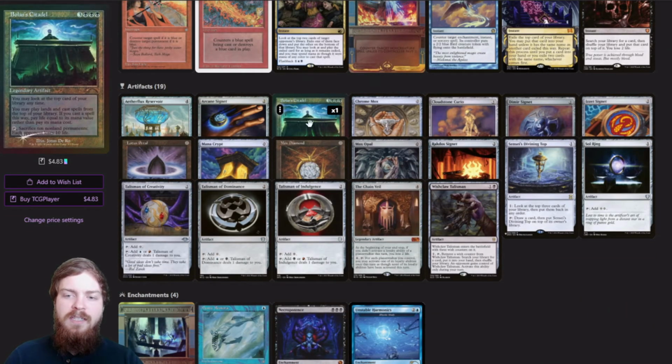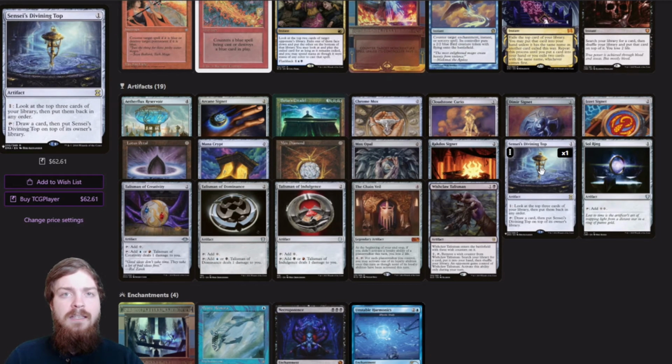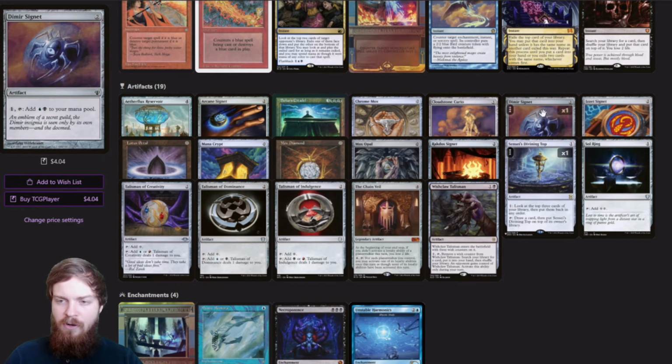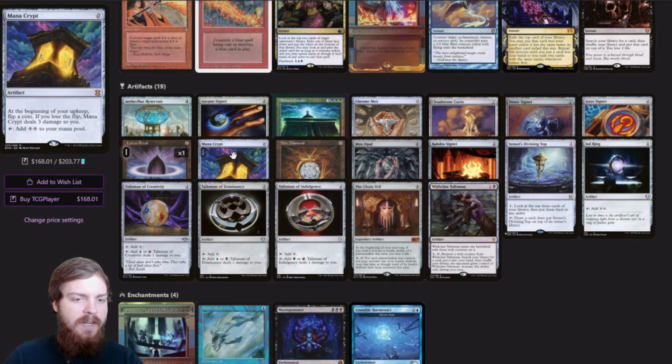And since our Bolas' Citadel combo is all artifacts, we can just tutor for Bolas' Citadel, Aetherflux Reservoir, and the Sensei's Divining Top, and just win from there. So really strong interaction with the Cloudstone. I like it a lot. Then we've also upgraded our